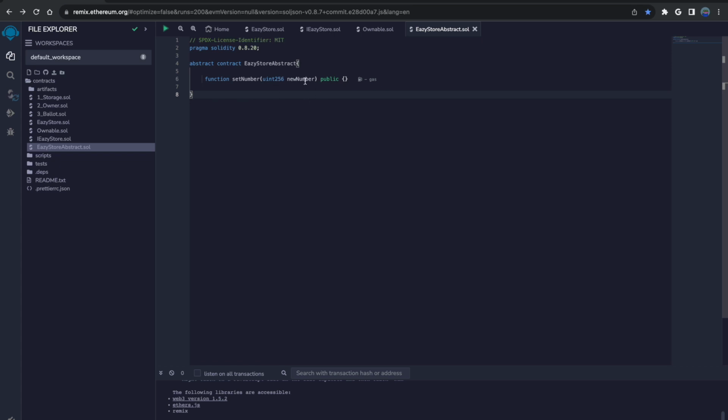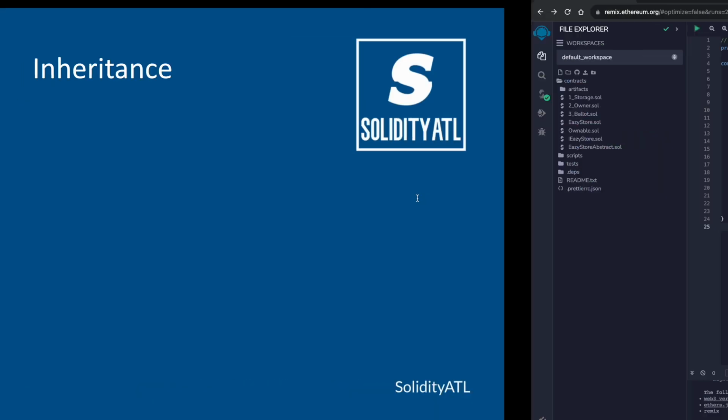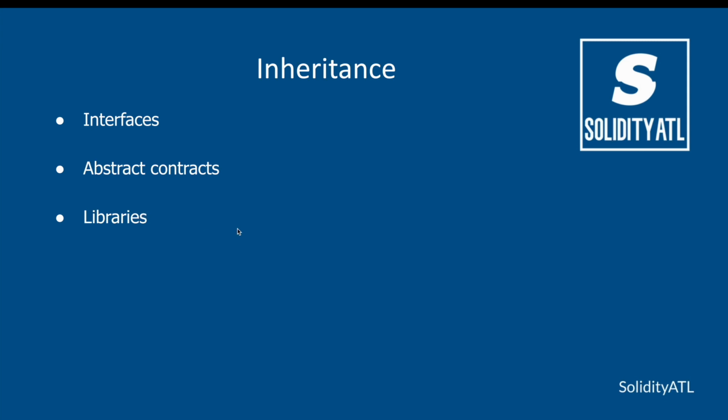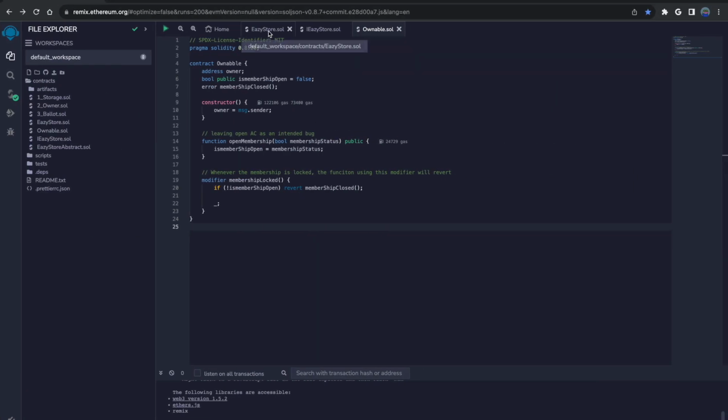It's just a template to set up your main contracts. Many people who come from object-oriented programming languages are used to abstract contracts and using this templating format. But if not, it's okay. Sometimes developers don't use this method to create their contracts. It's just a great way to template it out. So next we're going to talk about libraries. Libraries are just a way for you to inherit or use reusable blocks of code.